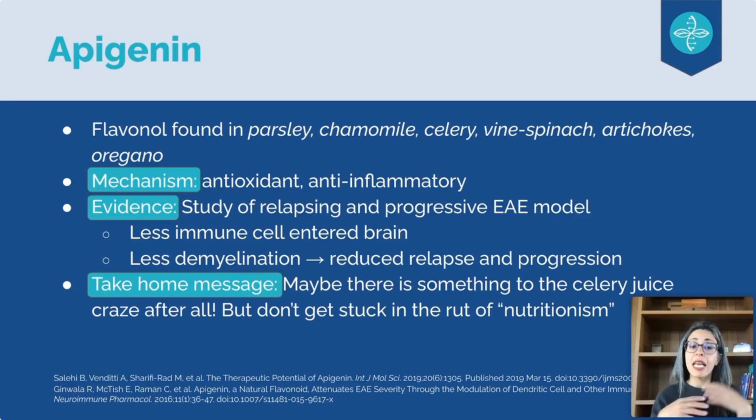foods that contained apigenin. They saw fewer immune cells that were sort of wonky entering the brain, right? And we know that that's actually part of what happens with MS. Activated immune cells cross into the brain and start attacking various parts of the brain. So there were fewer immune cells entering the brain and less demyelination. And they were able to measure less relapse and progression in these mice, okay? We don't have a lot of human studies, actually. As you can see, it would be hard to do a study like this in humans, but we have demonstrated this in mice. So my take-home message is maybe there is something to that celery juice craze after all,